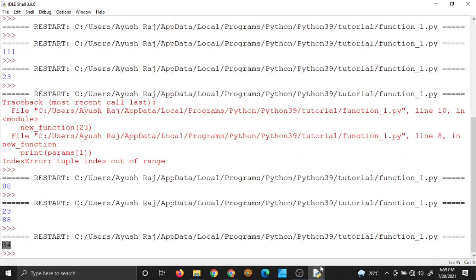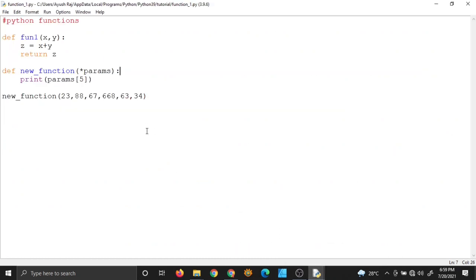well, I got 34. Why is that? 1 2 0 1 2 3 4. Oh yeah, you have to count from 0, so that's my mistake. 0 1 2 3 4 5, right? So arrays start from 0. So let me write it here so that it's not confusing to you and me also. Yeah, 1 2 3 4 5.